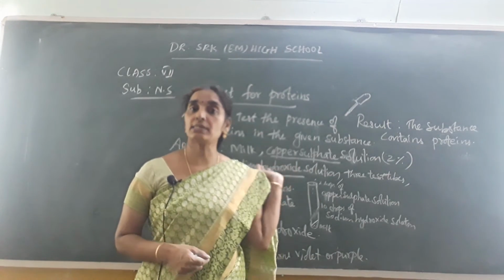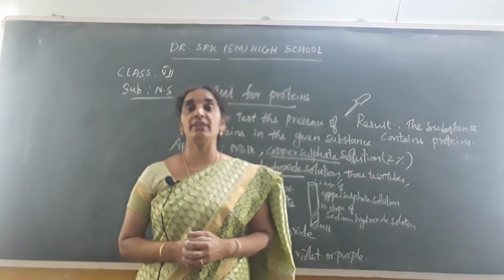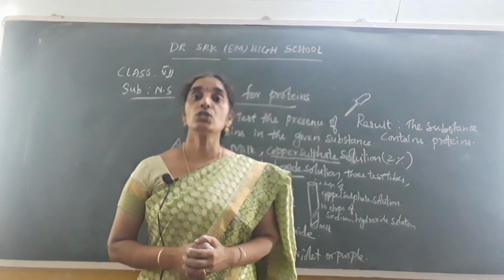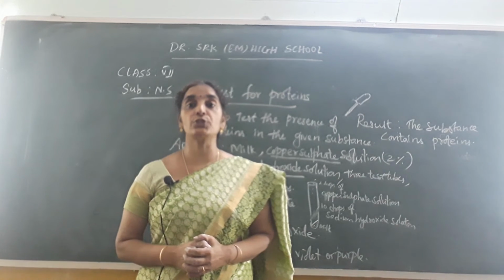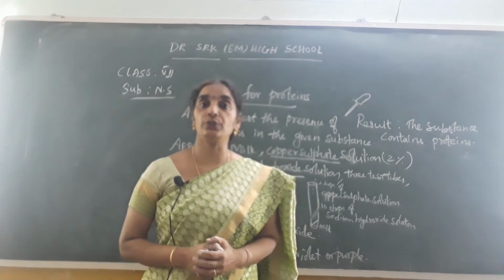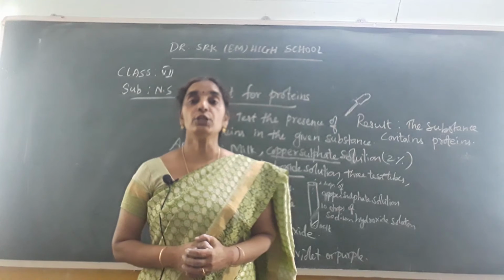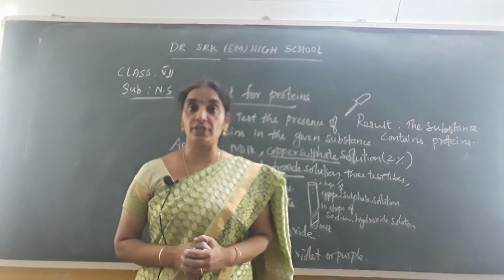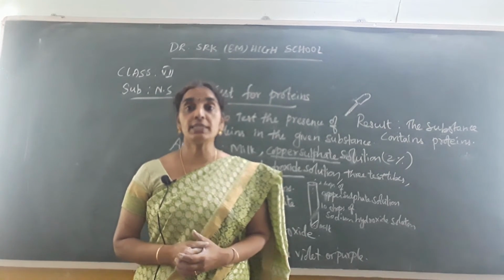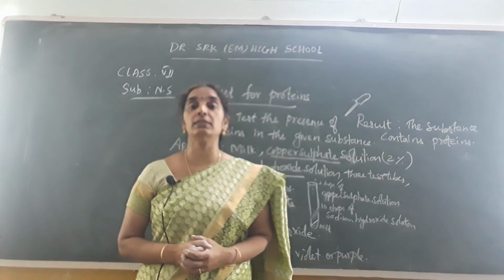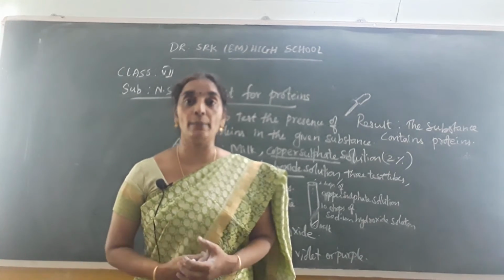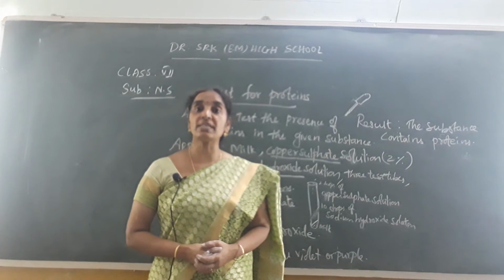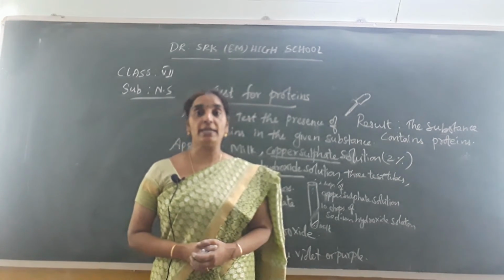Okay children, and next about the carbohydrates. If you take carbohydrate foods, you get more and more energy. They are energy yielding foods. So carbohydrate and protein foods are a must to take in your diet regularly to prevent various deficiency diseases. Protein energy malnutrition takes place in children like you if you do not take the required amount of carbohydrates and proteins in your diet regularly. So it is a must for you to take them in your diet regularly.